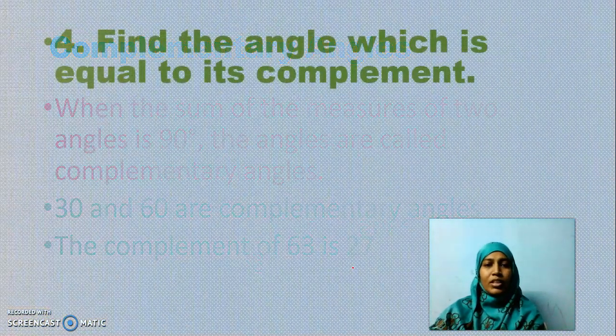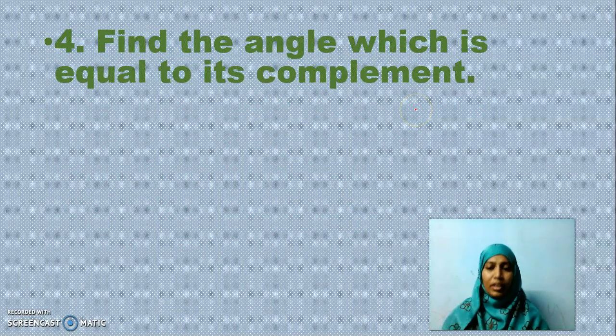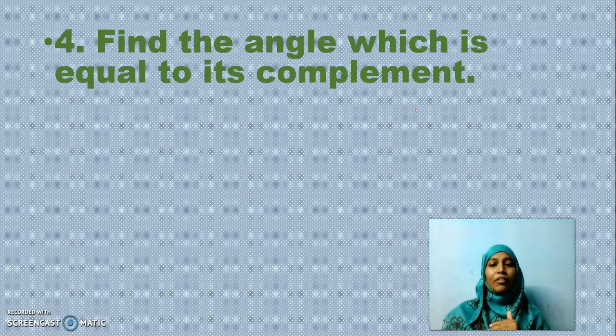Is it clear? The next question is, find the angle which is equal to its complement. Come on, tell me. I said complementary angles occur in pairs. You should tell me the angle in which its complement is also equal. Both should be equal so that if we add both, we get 90 degrees. I can say it in another way. Which angle when doubled will give you 90? Which angle should I double so that I will get 90?